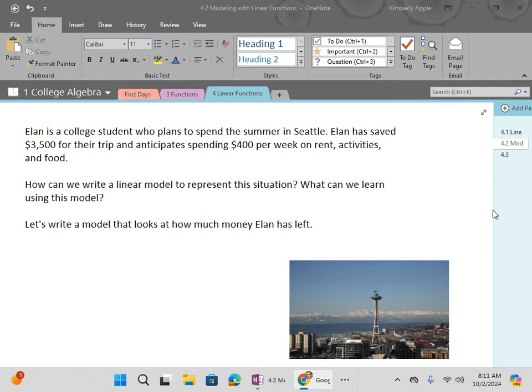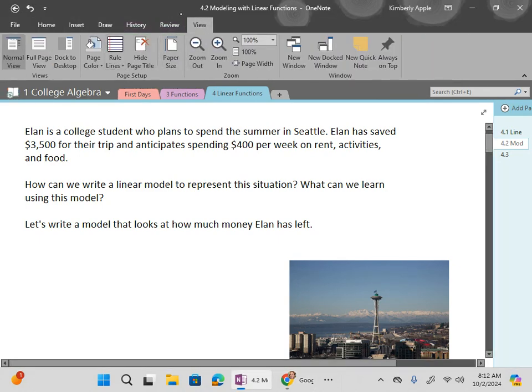And so the natural question that arises here for me, if I'm thinking about this scenario, is when am I going to run out of money, right? Like how long is that money going to last me for my trip in Seattle if I'm spending on average $400 a week? And so in order to answer that question, we're going to write a linear model. And then there's a bunch of other questions we can answer too. So we're going to write this model looking at how much money is remaining. So just like we did before,